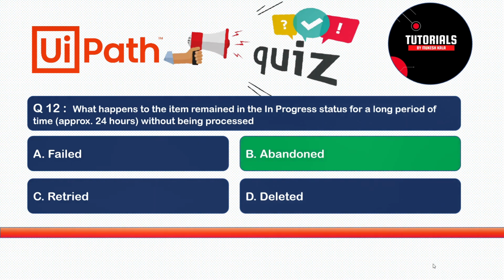So after the stipulated time, it would be marked as abandoned, right? So the items which are still in progress after 24 hours are marked as abandoned. Okay,